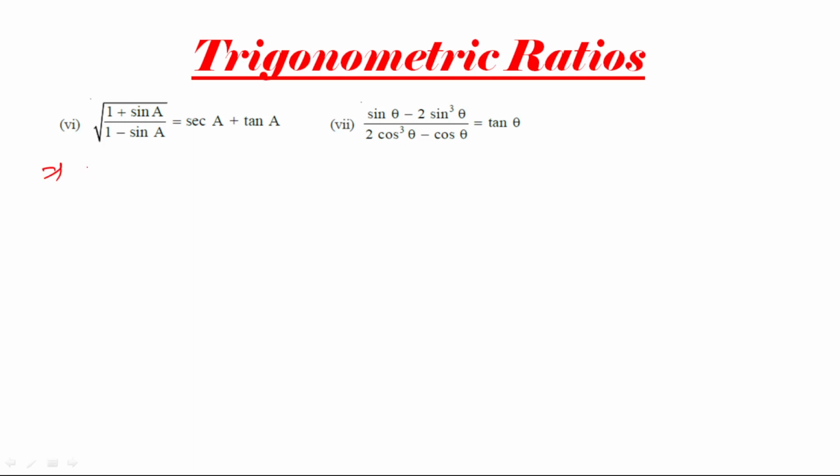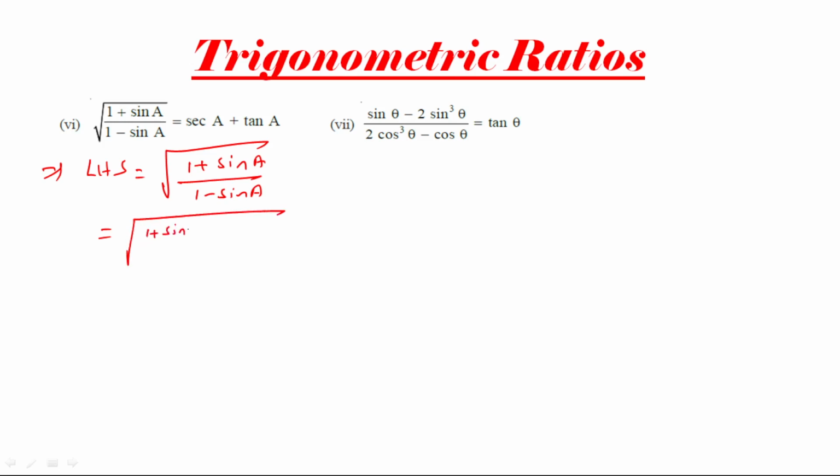So here we will take LHS. So whole root of (1 plus sine A) by (1 minus sine A). Again we will be going for rationalization, that is (1 plus sine A) by (1 minus sine A) into (1 plus sine A) divided by (1 plus sine A), and this is given to us as (1 plus sine A) whole square